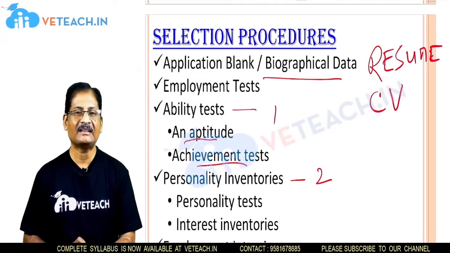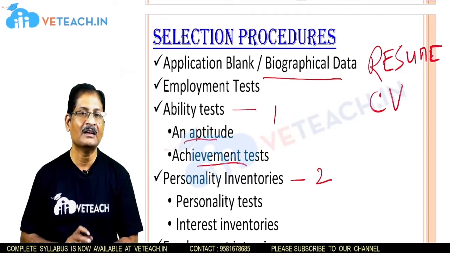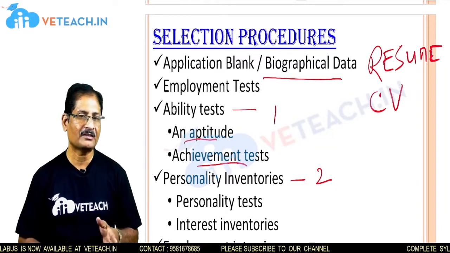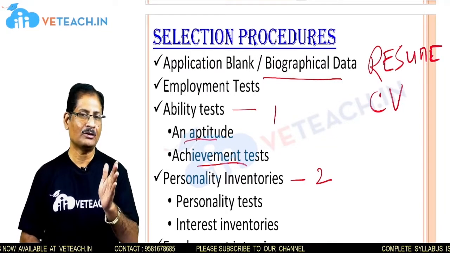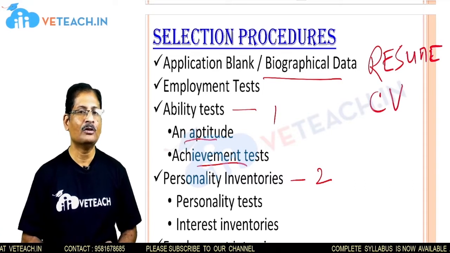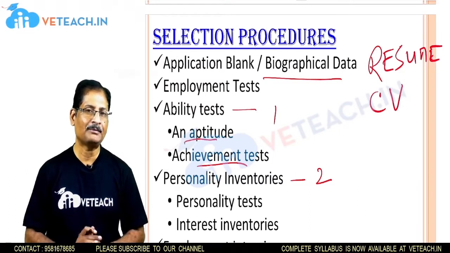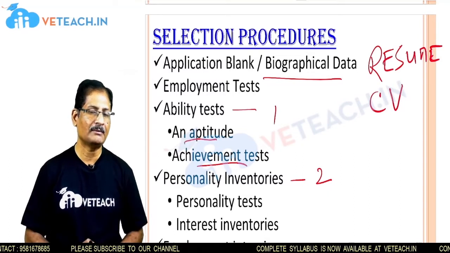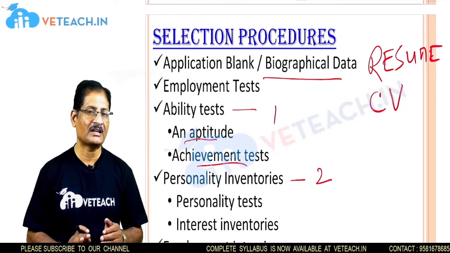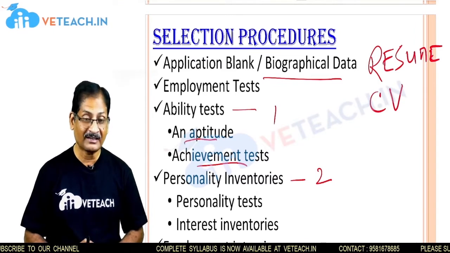Then in the achievement test, a task will be given and he will be asked to execute that task and exhibit the result within the given time, through which the achievement test is made. Most of the times in campus recruitments also, you experience the aptitude as the written test followed by a coding test whenever a company is recruiting software professionals. It wants to identify the coding skills and abilities of the individual. Through aptitude, they identify the problem solving abilities of the candidate, and in the achievement test, they analyze the coding skills, through which they assess and understand the capabilities and competency levels of the individual. So these are the employment tests.